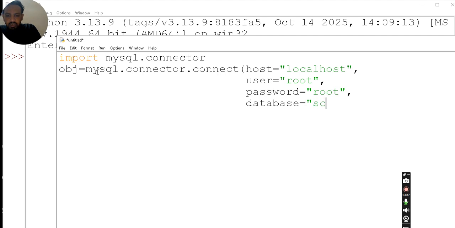The database name is optional. It's not compulsory that you have to use it. Clear? Done. So now what are we supposed to do? Now our simple task is